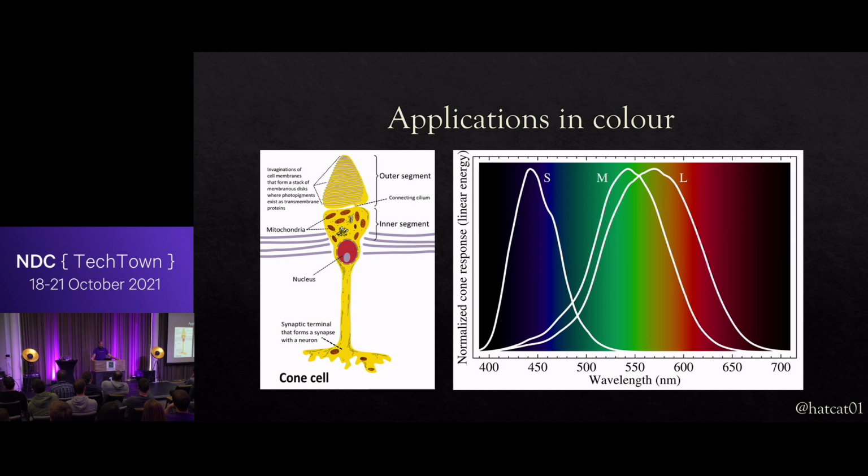3 types of cone makes humans trichromats. Although originally we were tetrachromats, 4 types, until genetic mutation got in the way and cut one out. We're left with 3. I've heard it suggested Van Gogh was probably a tetrachromat, and women are more likely to be tetrachromats than men, but they are non-functional tetrachromats.